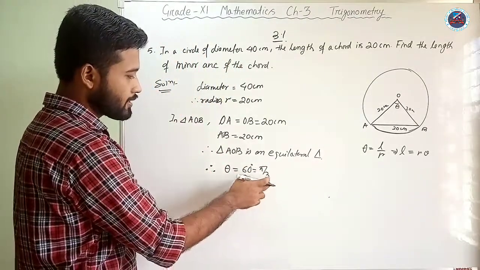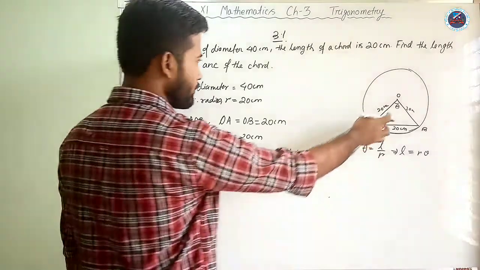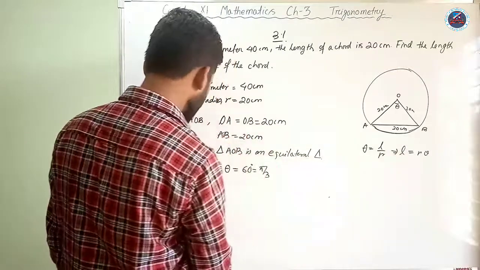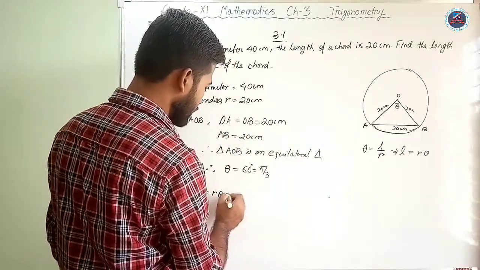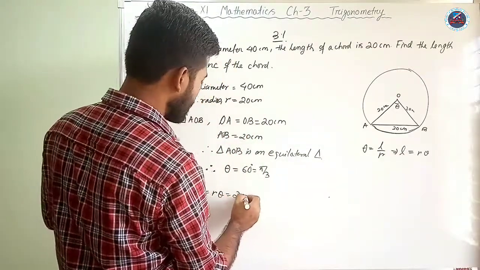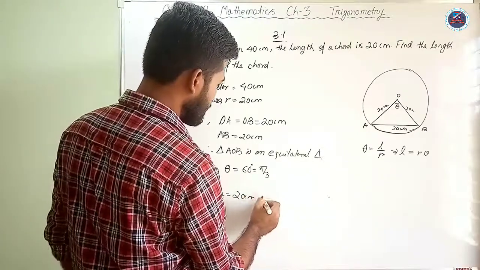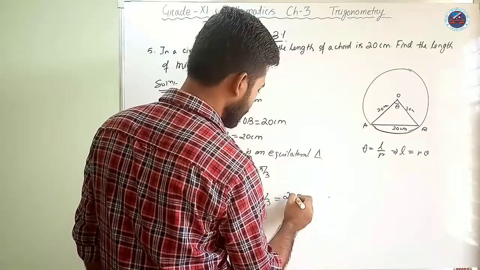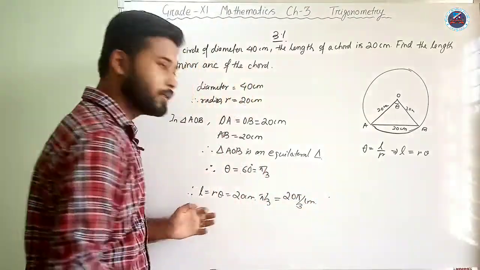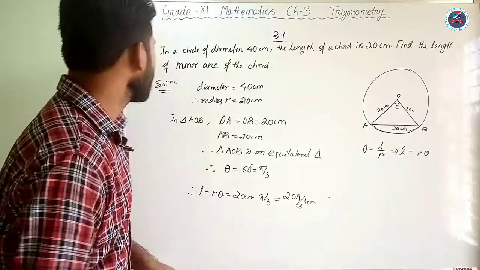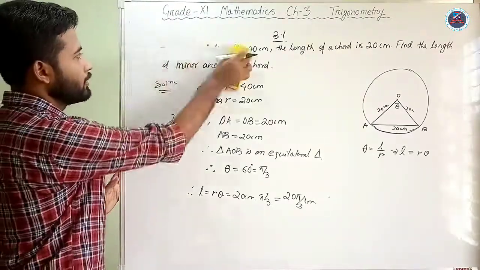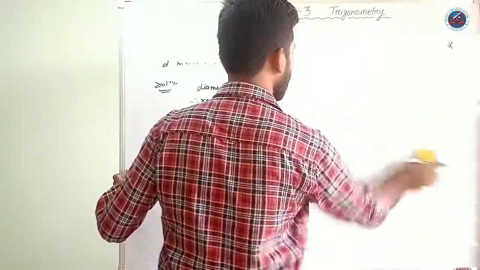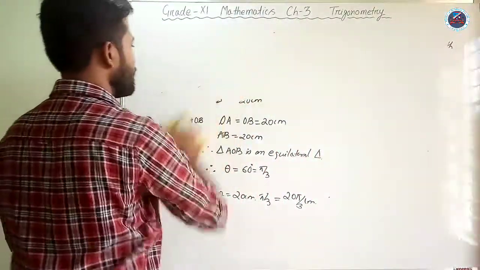So since it is pi by 3, we have got the radian measure. So therefore, using this formula, we have L is equal to r theta, and what about the r? It is 20 centimeter, and our theta is pi by 3. So this will give us 20 pi by 3 centimeter. So that will be the arc length. So that is all about question number 5. Now let us see question number 7. A very easy one.